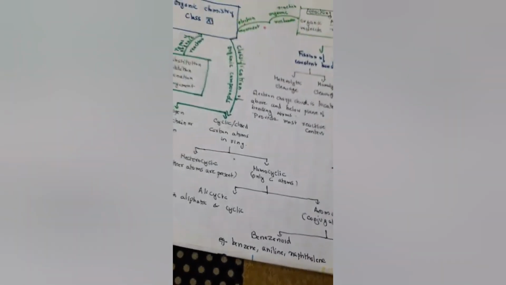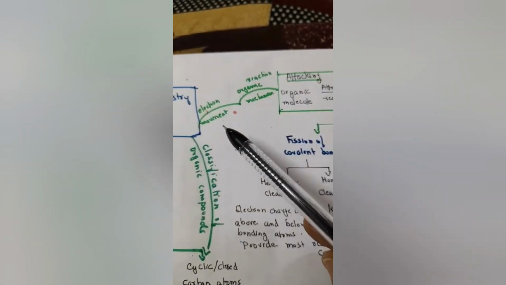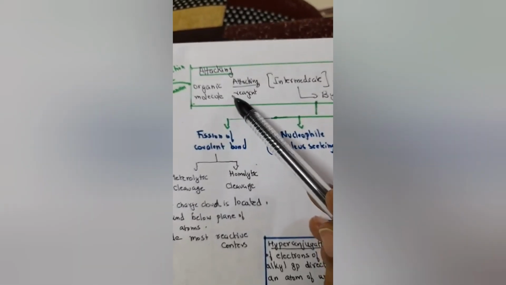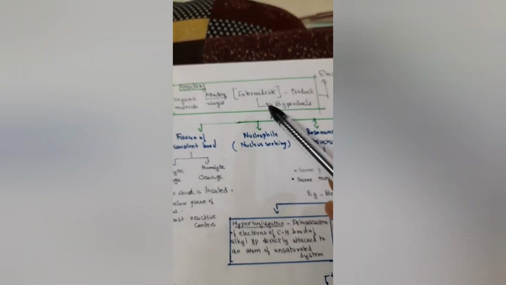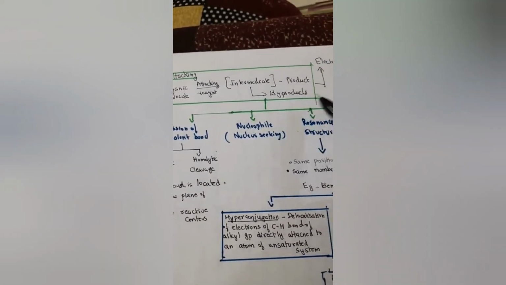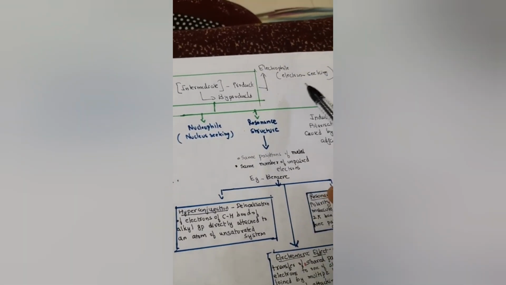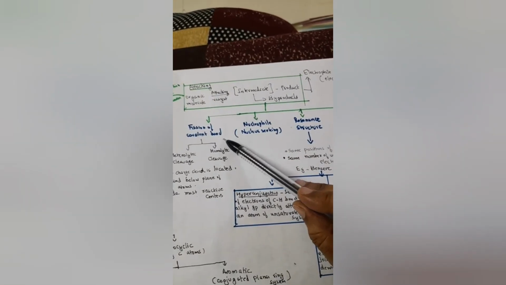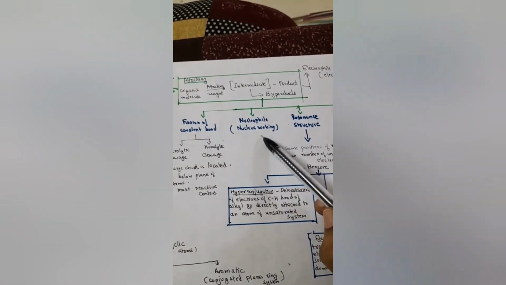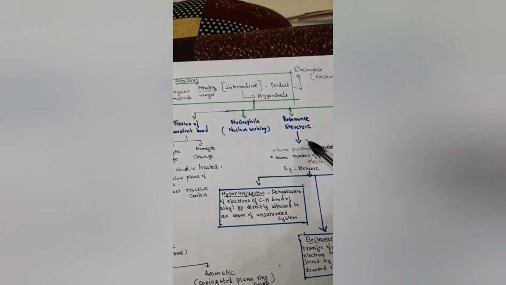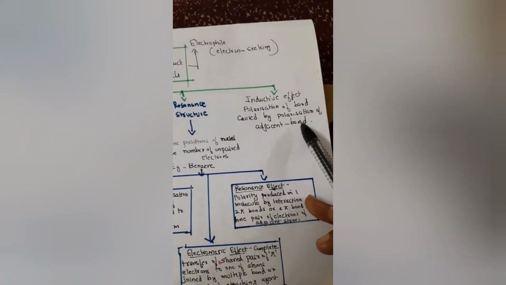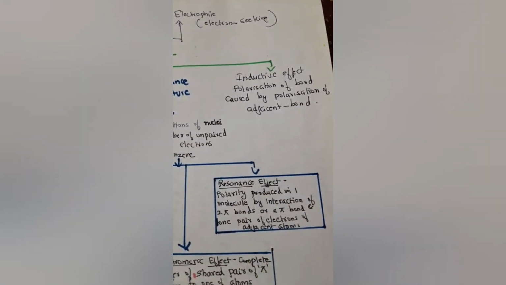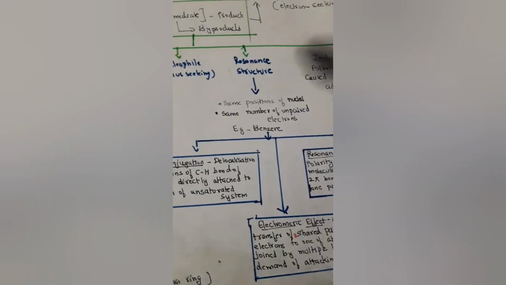Now again see here, electron movement and reactions of organic mechanism. See, the attacking group, the organic molecule, and the attacking reagent are there, an intermediate is formed, then product and byproduct will be there. So this is electrophile, that is electron seeking. Again this is fission of covalent bond, nucleophile, that is nucleus seeking, resonance structure, inductive effect. Inductive effect is polarization of a bond caused by polarization of an adjacent bond. Then here resonance